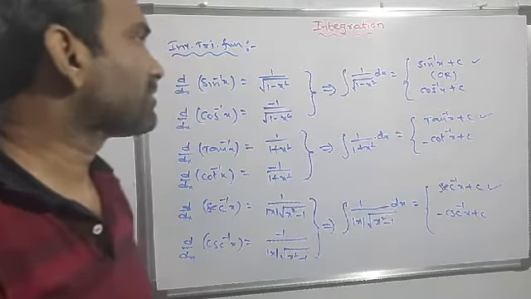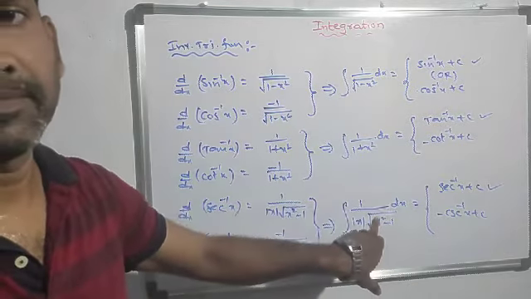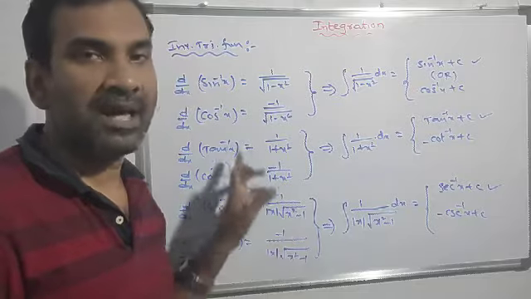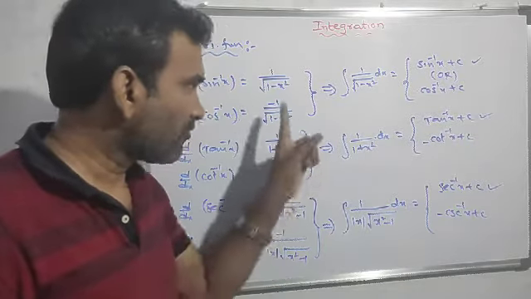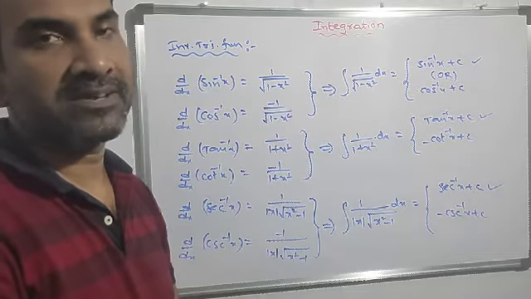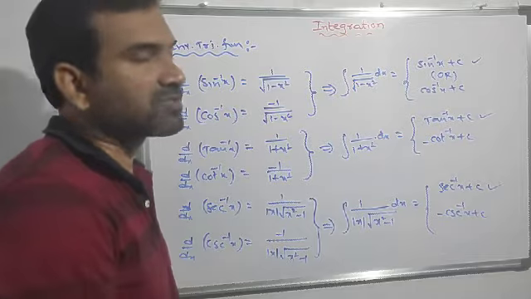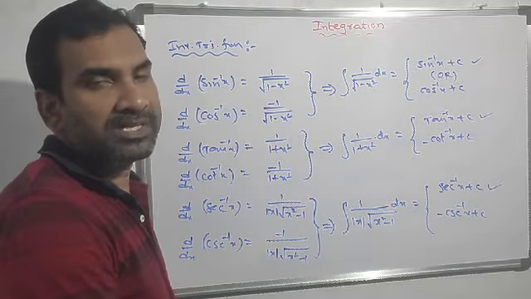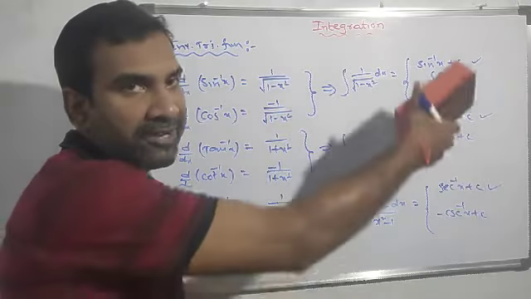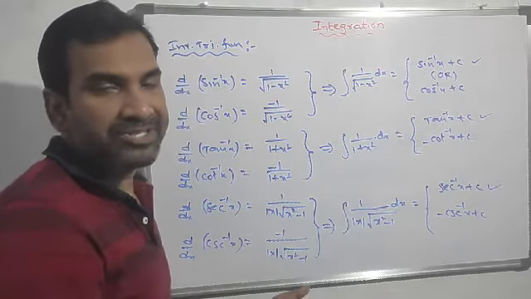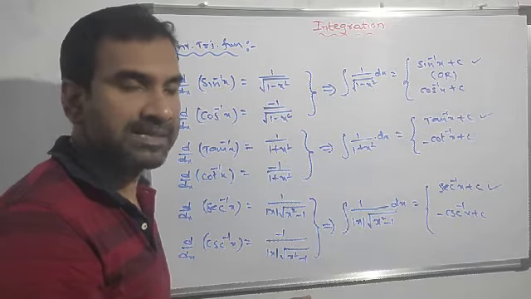That means here we have only three formulas, but in differentiation we have six formulas. Already we have this idea, and from this we are taking these three formulas. Understand? So integration of 1 by square root of 1 minus x square into dx equals sin inverse x plus c. Generally, mainly we prefer that value. Next, integration of 1 by 1 plus x square into dx equals tan inverse x plus c.